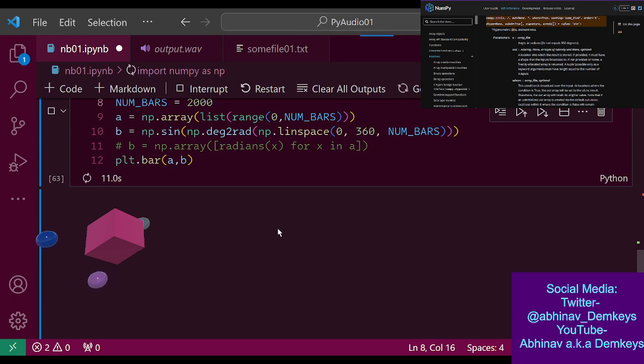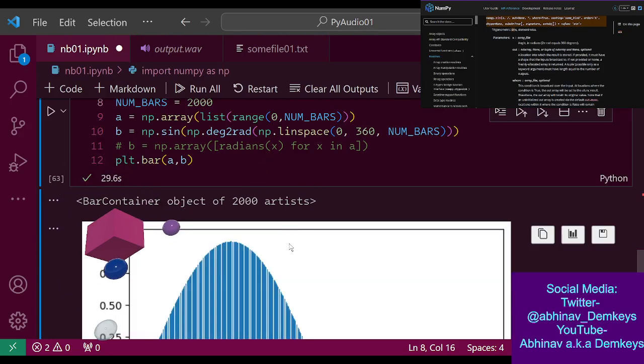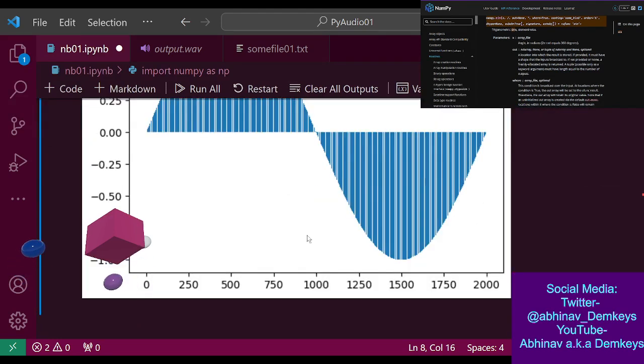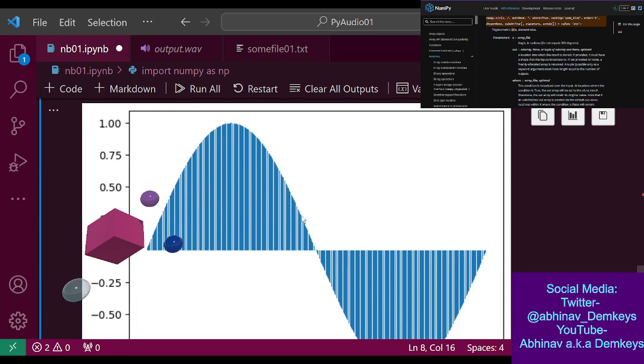Give it a couple of seconds. All right, so I'm not sure why it's not displaying the bars.